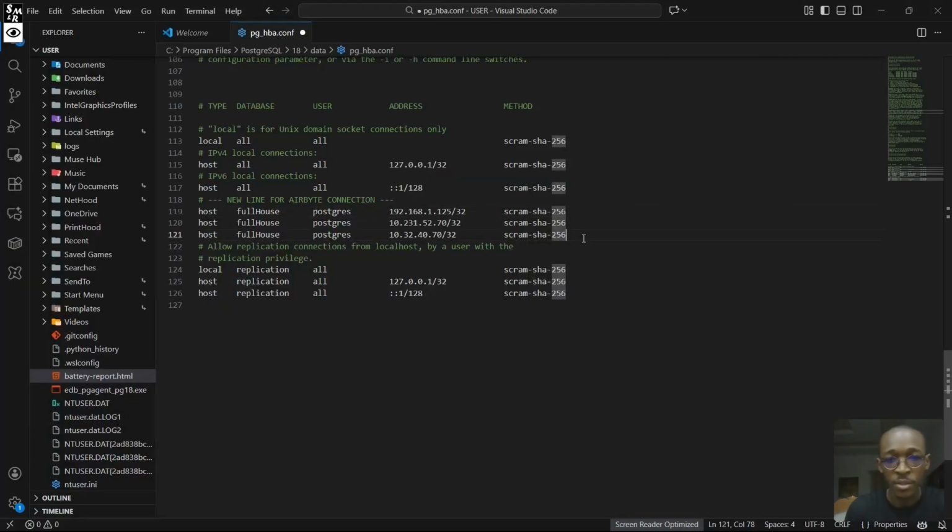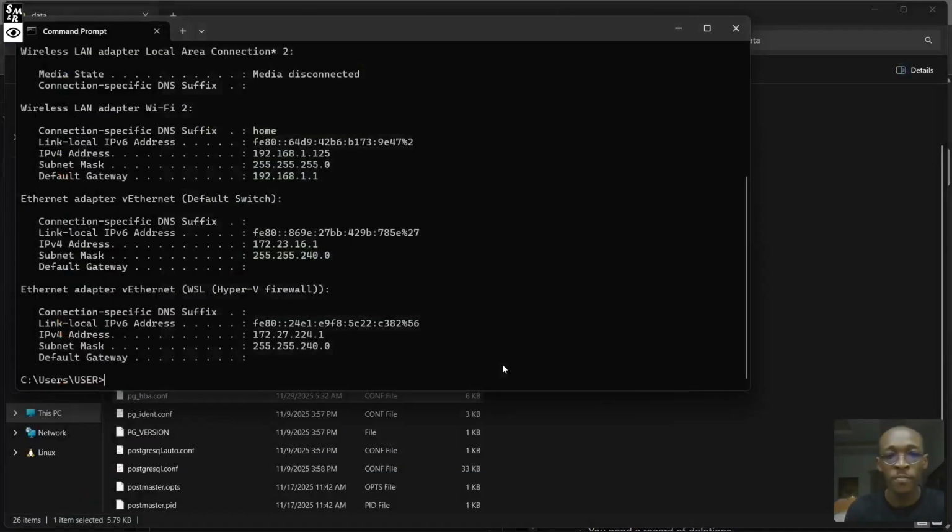So you can just pause the video and copy this into this config file and set it up. So you put in your database name and your user here, then you put in the IP address here, then /32 and then scram. Once that is saved on your system, you can now head back over to